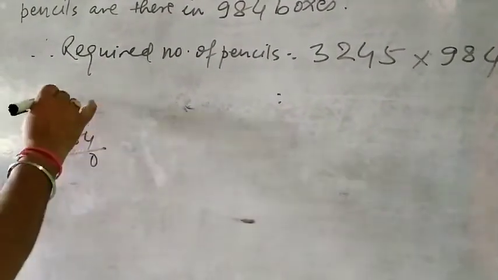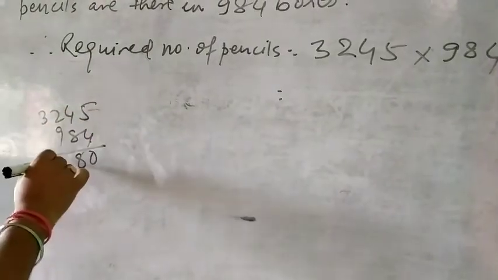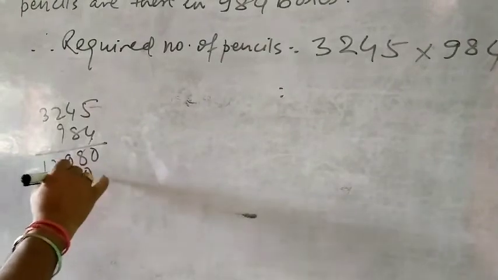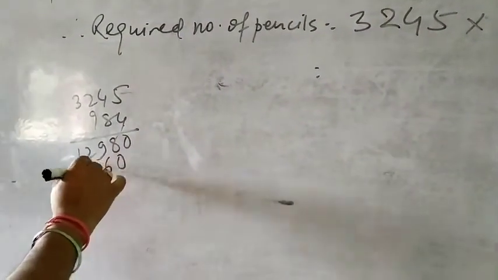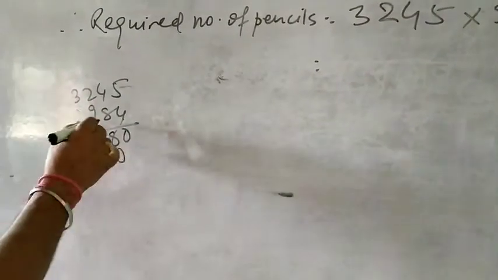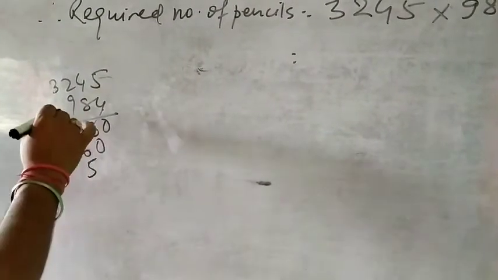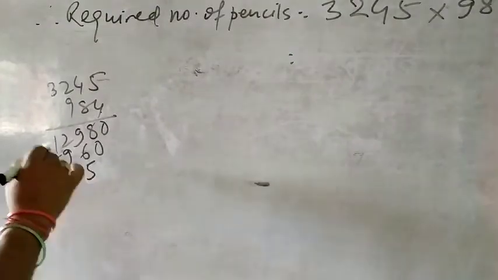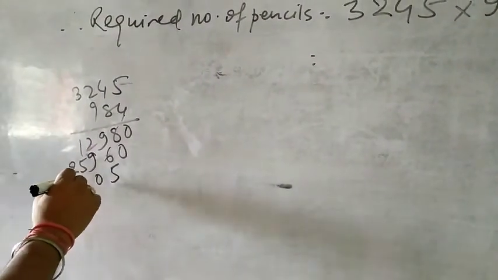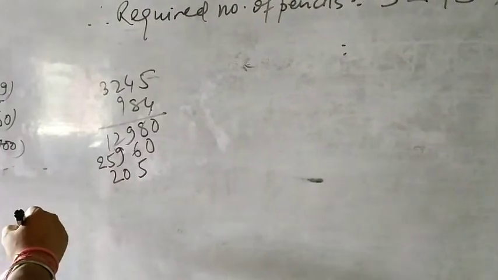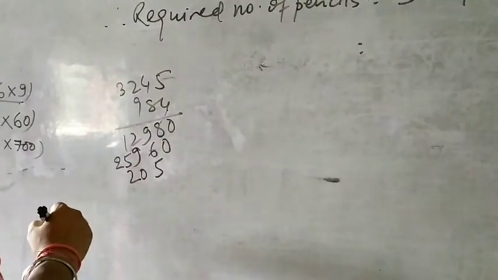So your result is 3193080 pencils. Okay, in this way you can find the